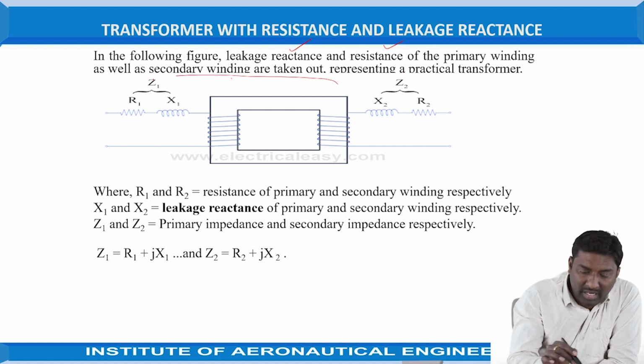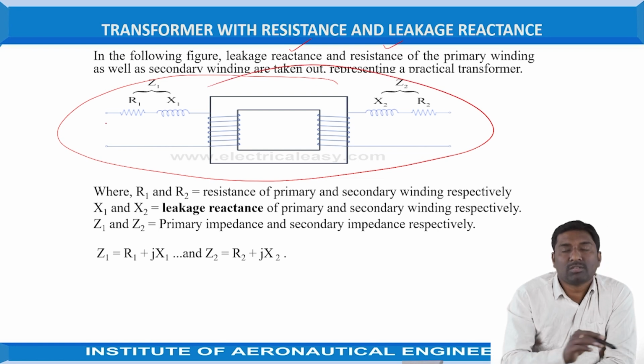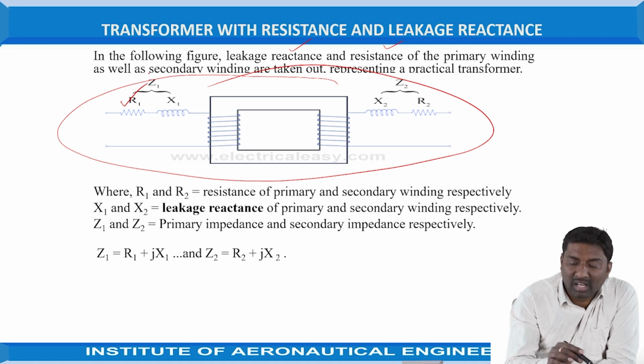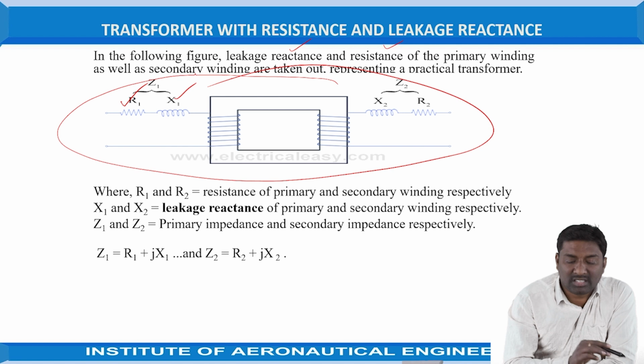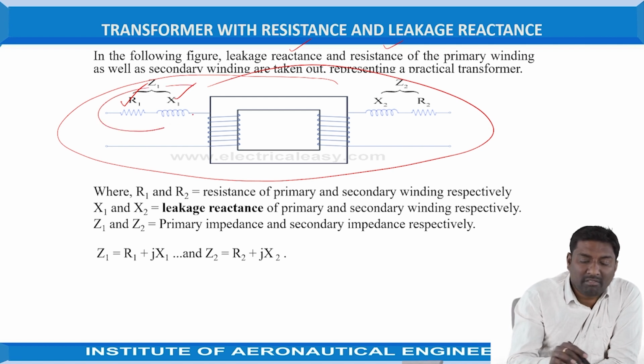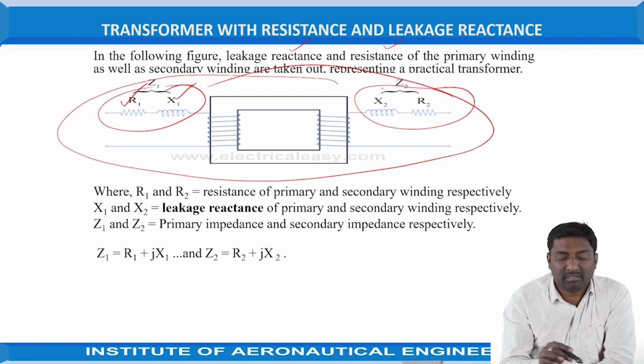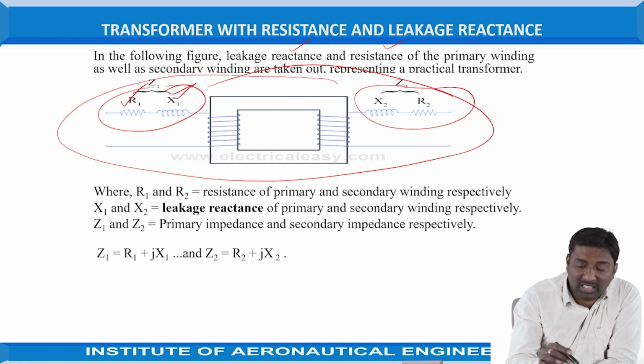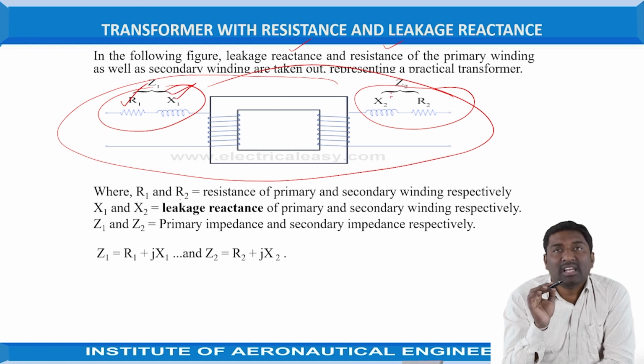So this is the main practical transformer, having the leakage resistance R1 and the leakage reactance X1 for the primary winding, and this is for the secondary winding, where R1 and R2 are the resistance of primary and secondary winding respectively, and X1 and X2 are the leakage reactance of primary and secondary